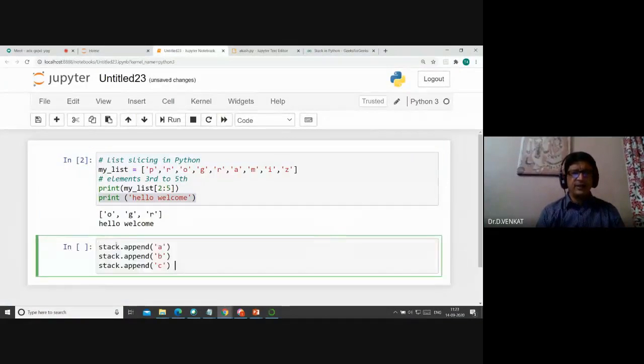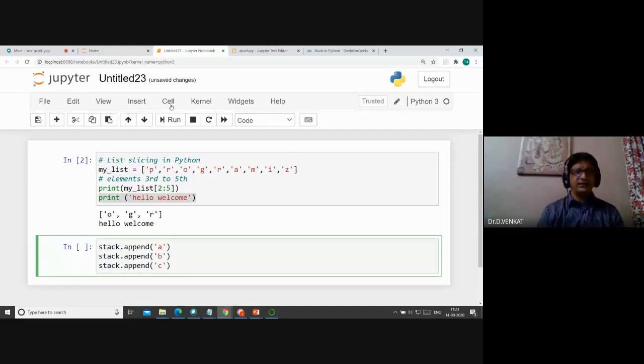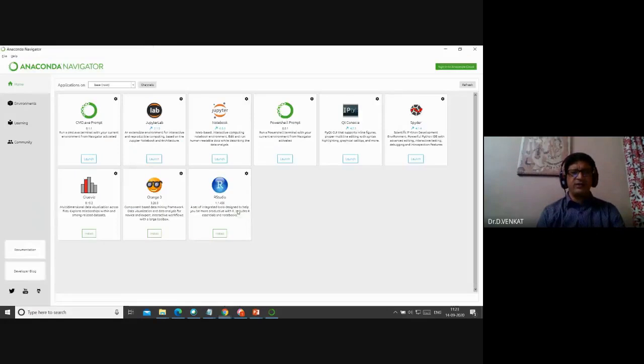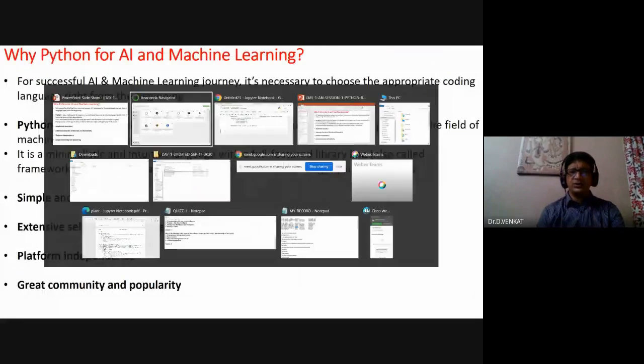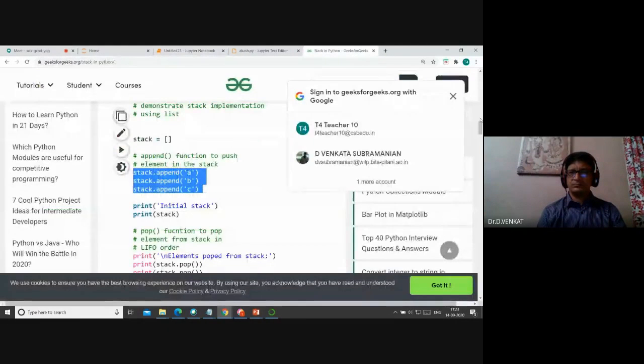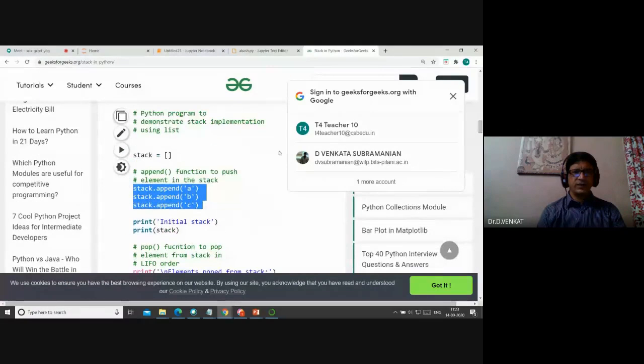See this? Now I am creating one stack. In that stack, I am adding the first item A, second item B, third item C, right? So now if I just run it, okay, the name stack is not defined. So I have to define the stack, right? I have to declare an initial empty stack.